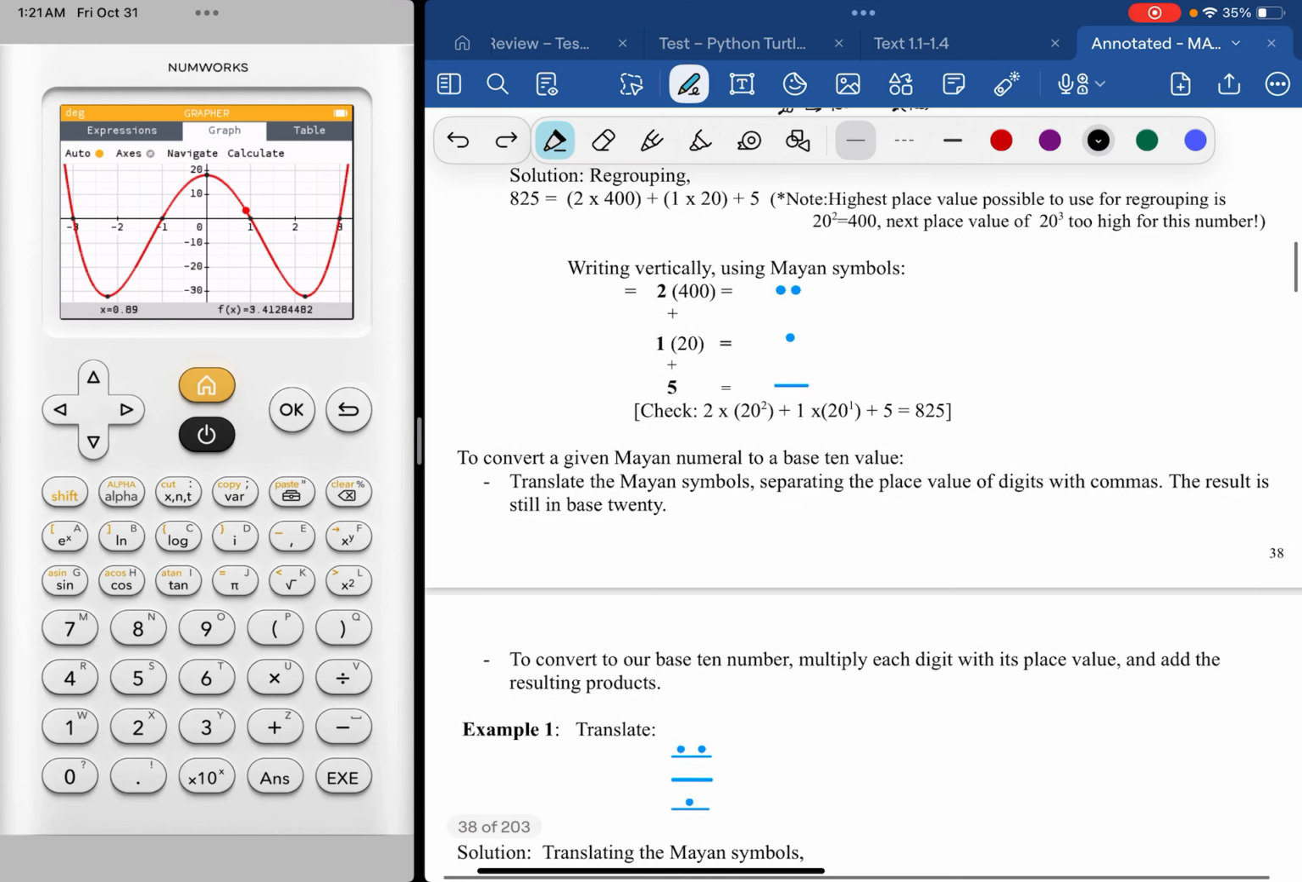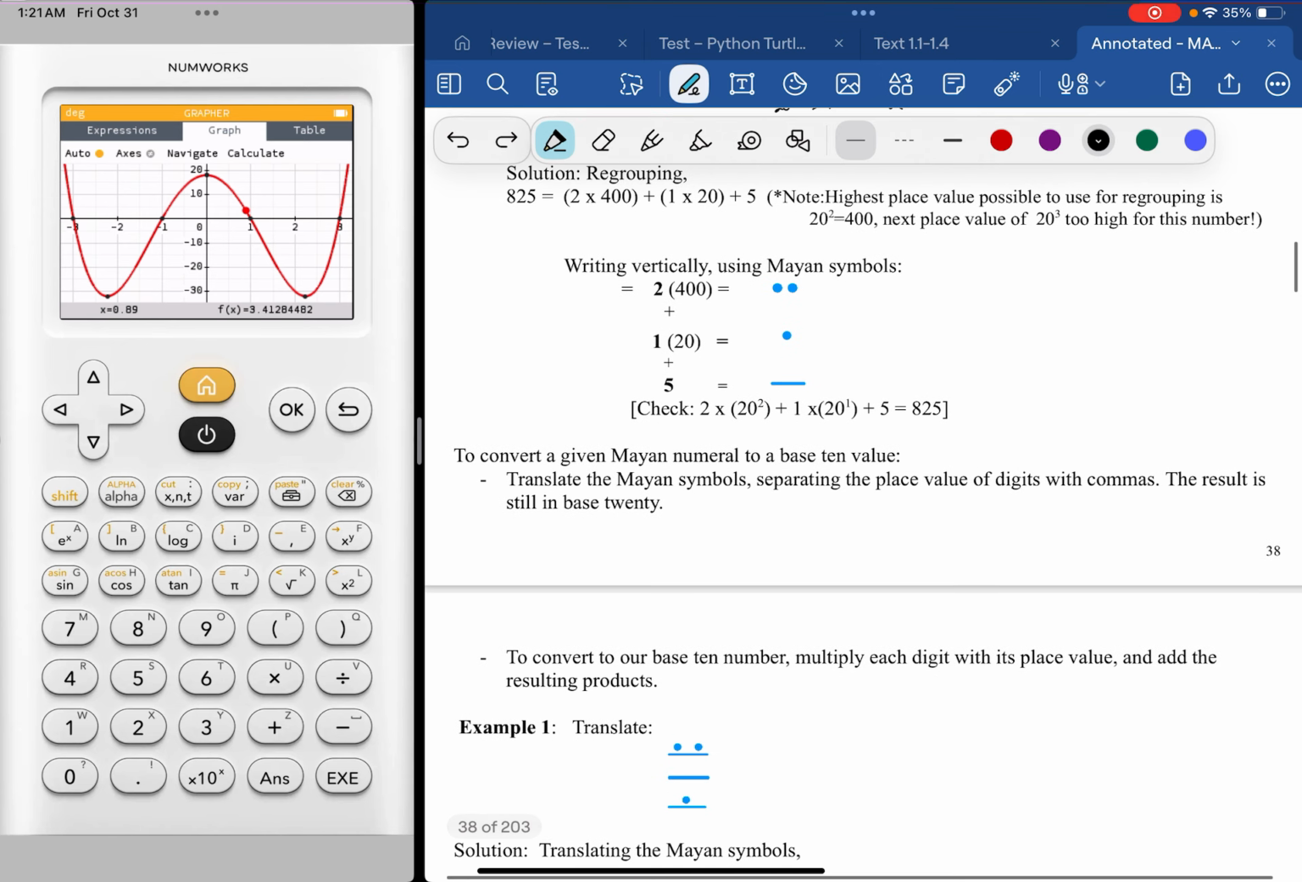Now to go the other way, it really is just a matter of identifying the place value. So this is the 1 level, 20 to the 0th, which is 1. 20 to the 1st, which is 20. And then 20 to the 2nd, which is 400. All right, so this is my symbol for 7. So I have 7 of the 400 on the 400 level. I have 5 on the 20 level. And I have 6